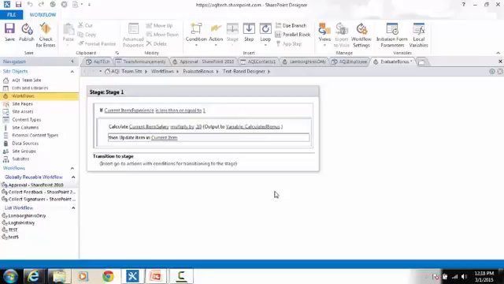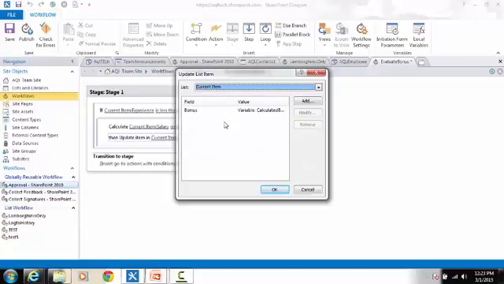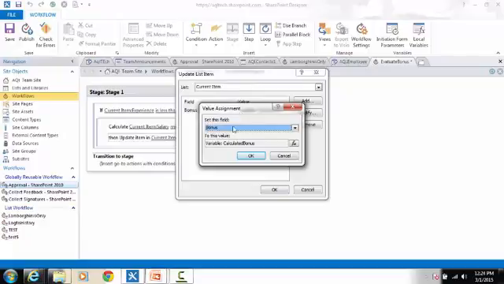Okay, makes sense? What if you were to use the same column? Let's just say you're calculating that. So if I go back in here and click on update list item, pretty much what I did is I'm just associating. I click on modify. I chose a column which is bonus from my current item list, and I'm saying populate that with the calculated bonus value. So when you hit OK,